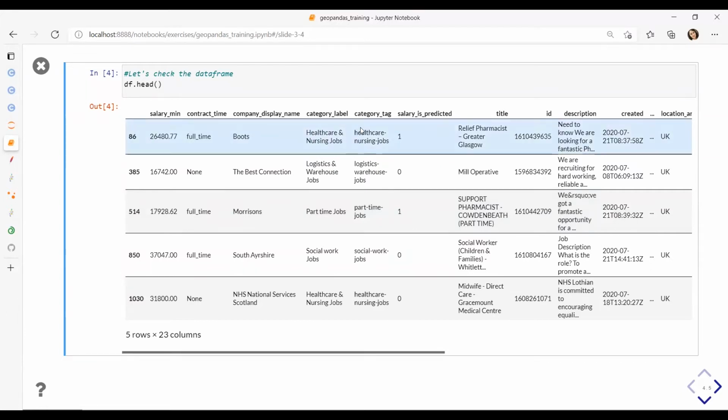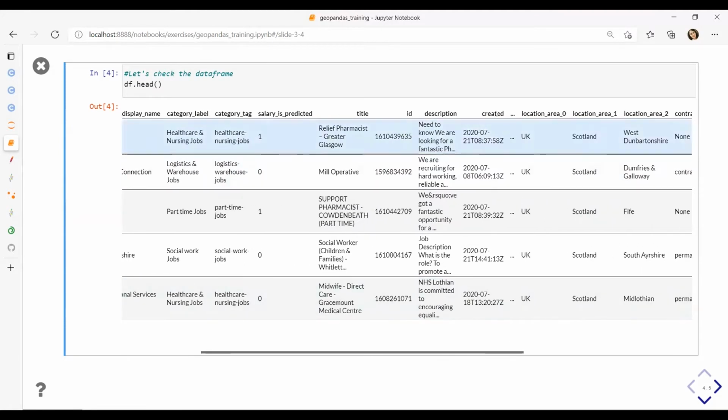This is, by the way, created by Adzuna. There is some categorization of the data available in open data. The dataset has information about contract type, and in some cases, information about minimum salary, description. As I mentioned before, it's truncated to 500 characters, the date it was created, and location information.